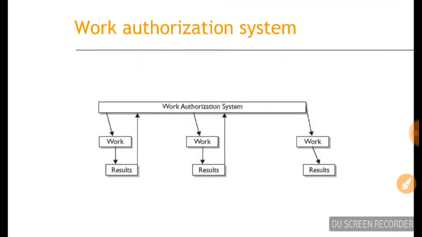A work authorization system is sometimes required, especially when multiple subcontractors or multiple stakeholders are operating on the same project, maybe multi-location. Through the work order, we inform a particular team member or team that they can start the work now. Especially in a project where there is plumbing work, electrical work, mechanical work, and civil work, this is very critical.